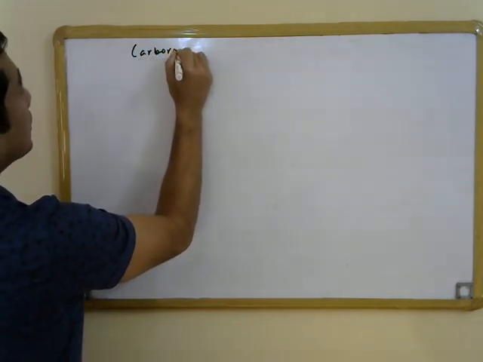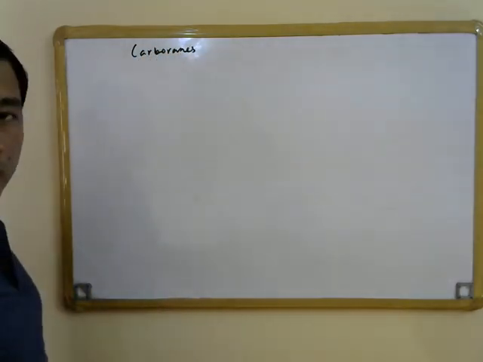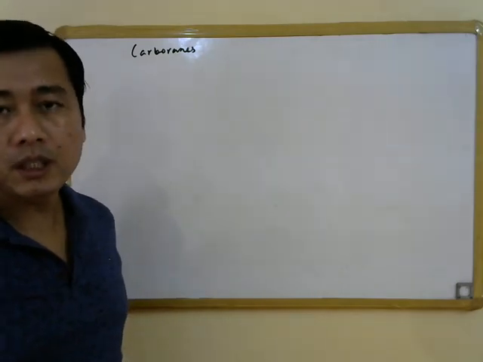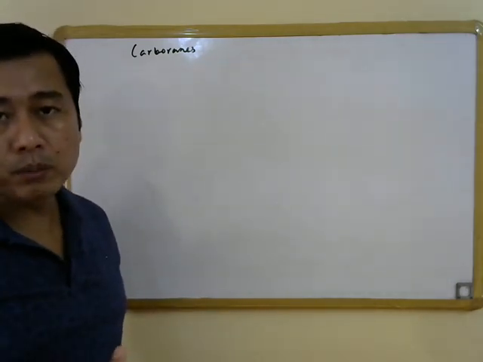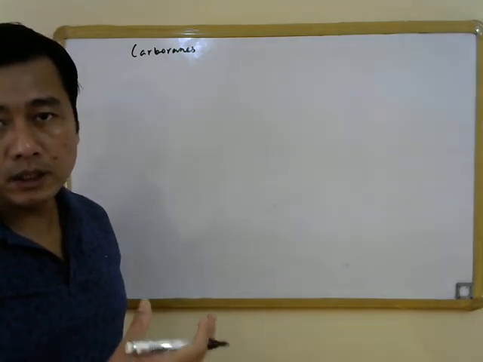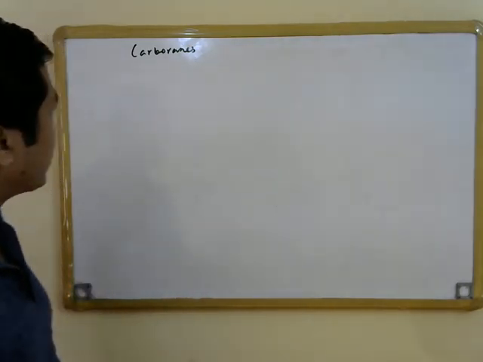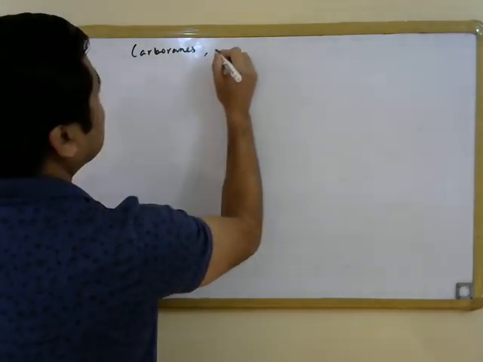carboranes, where apart from boron and hydrogen, carbon atoms are also present, and these carbon atoms essentially occupy the vertices in the polyhedral structure of these boron molecules in carboranes, as well as we have